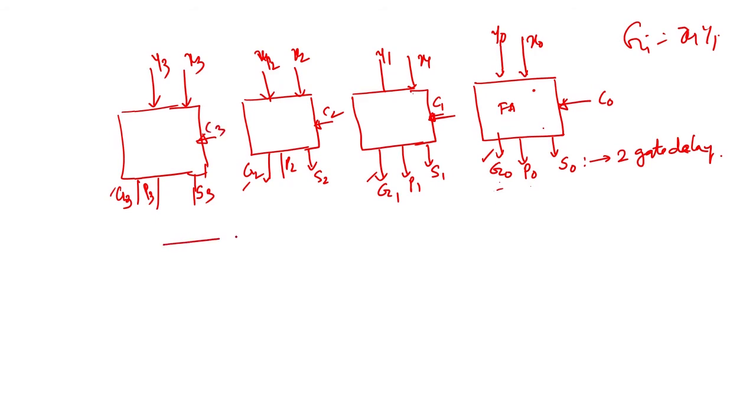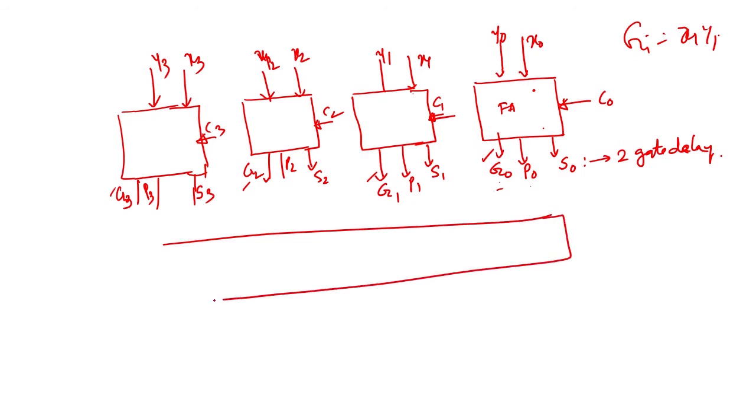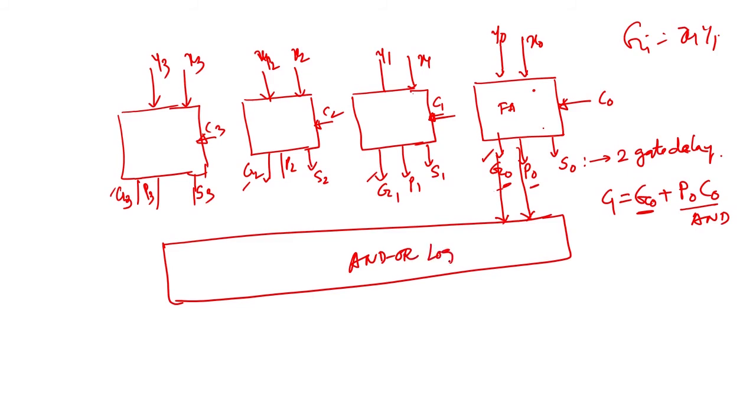And for generating this one, what essentially we need is a circuit. So, here what we do is add it here. If you remember, C1 is equal to G0 plus P0 C0, we have G0, P0, then you have to AND and then you have to OR this one. So, this is nothing but an AND-OR logic circuit. So, this will generate the C1. So, we add this C1.